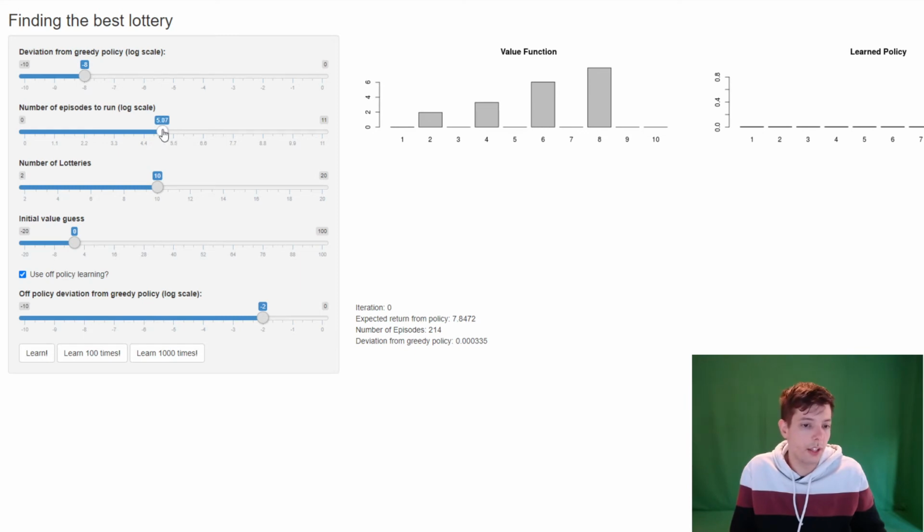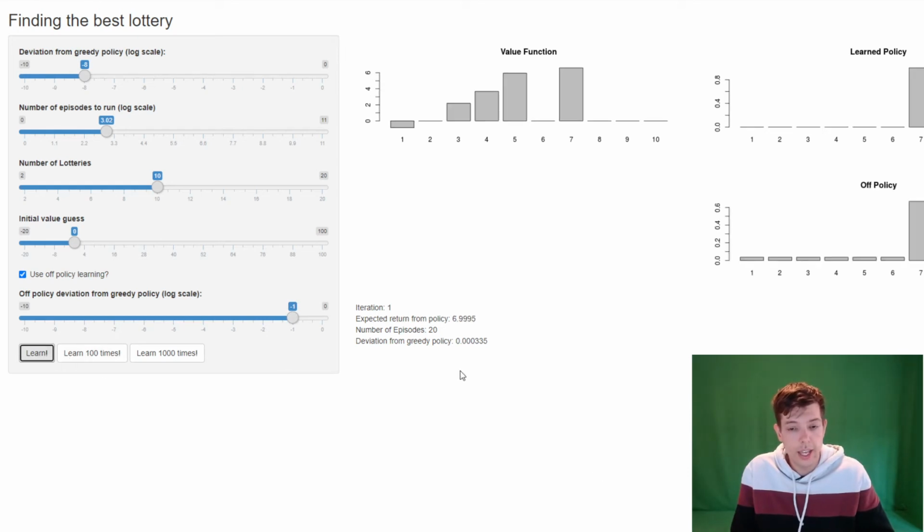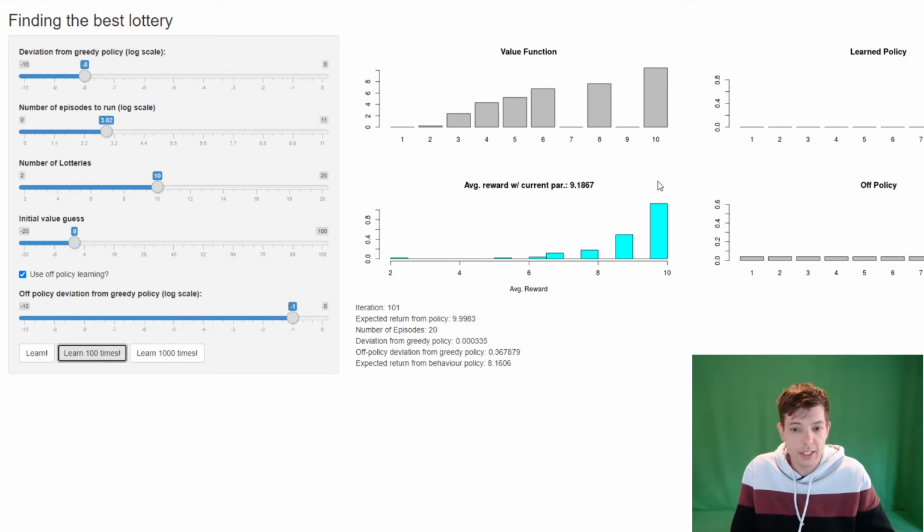We don't want to spend that much time learning, so we decrease the number of episodes to 20. And now think of it that we now use a policy that deviates quite significantly from the optimal policy. So we learn the optimal policy, or a policy close to the optimal policy, by using a policy that deviates from the optimal policy quite often. So let's increase this to 1 and let's learn with this policy, learn 100 times. And we see that with this,